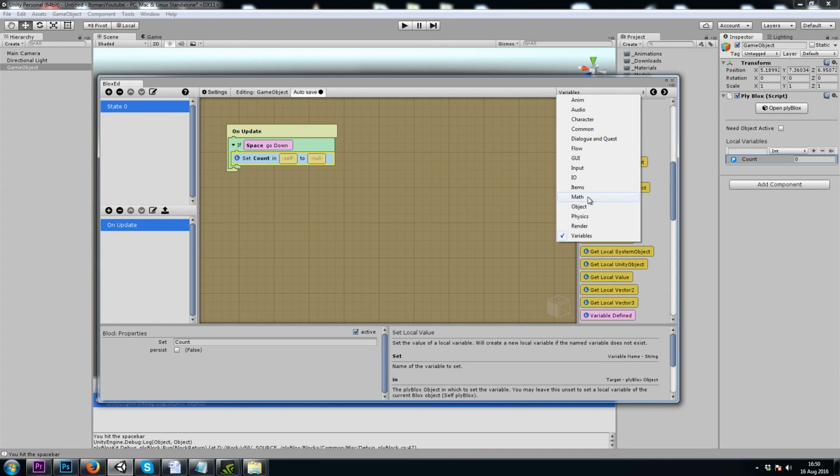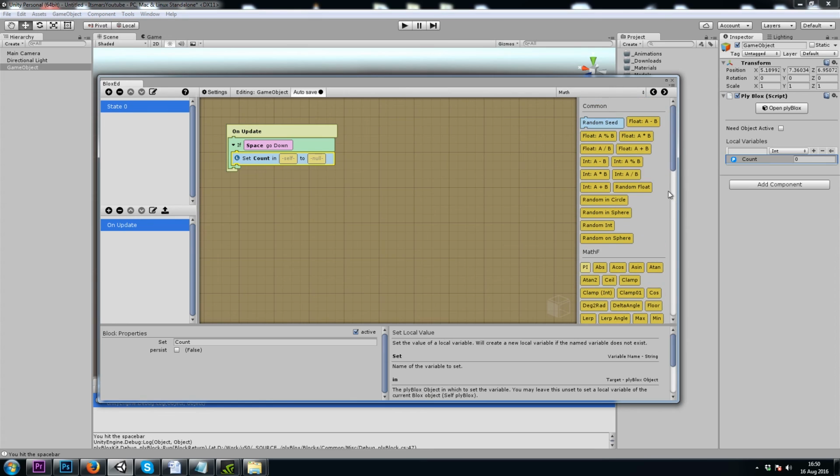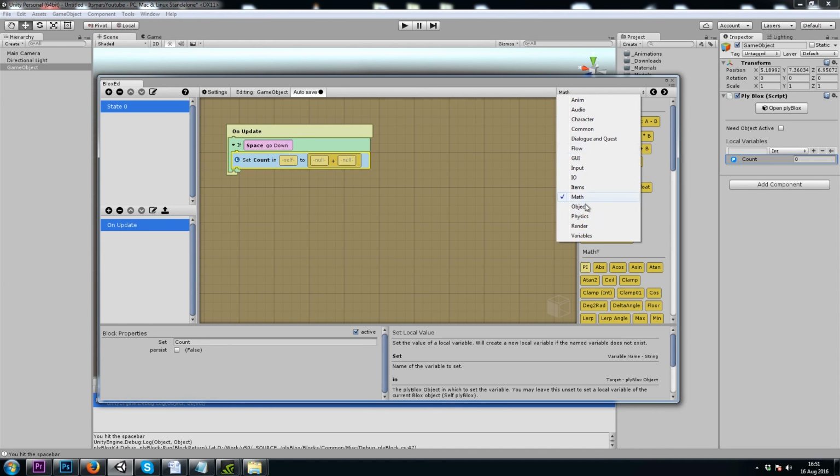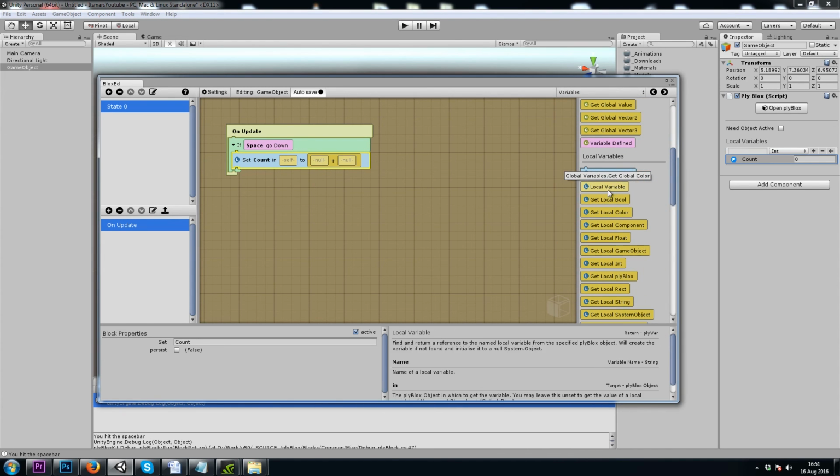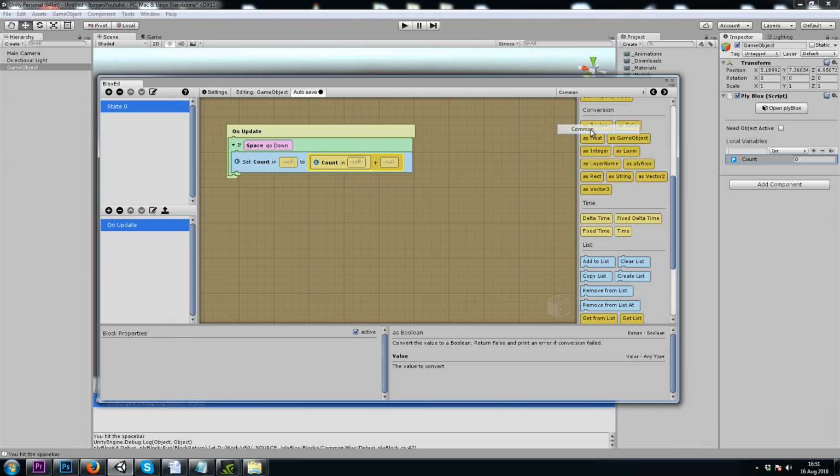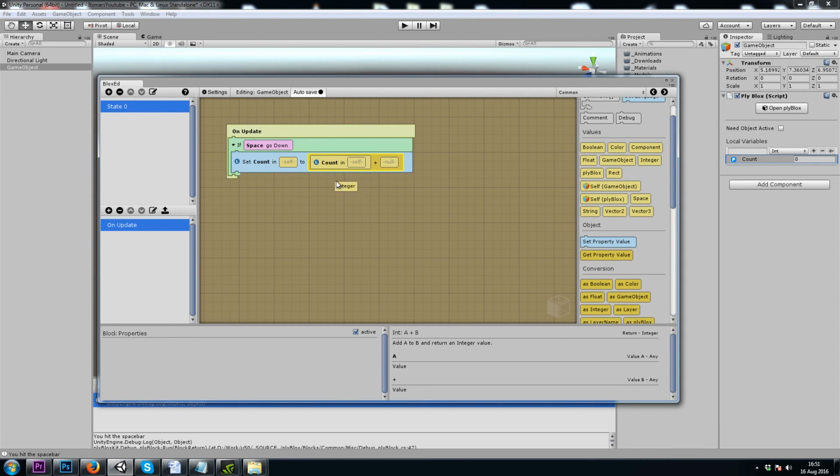So let's go to math, integer a plus b, and we want count plus 1. So I'll go back to variables, local variable, count, plus an integer of 1, that's in common, integer of 1. So this local variable will be increased every time I hit the spacebar,